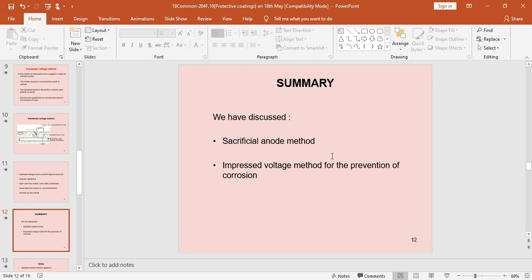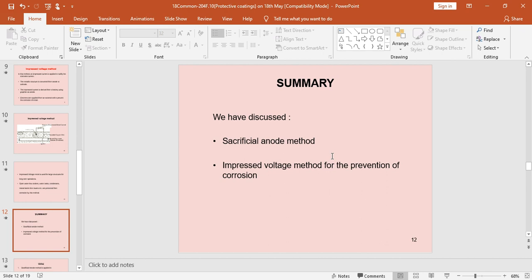Second one is also the impressed voltage method. Impressed voltage means corrosion current, and corrosion current means the electrons moving from anode to cathode in corrosion. So if you change that by applying some voltage or current from an outside source, we convert it to a reverse current. That's why we use a reverse current with graphite and also a battery from the outside. That's why it is called the impressed voltage method.